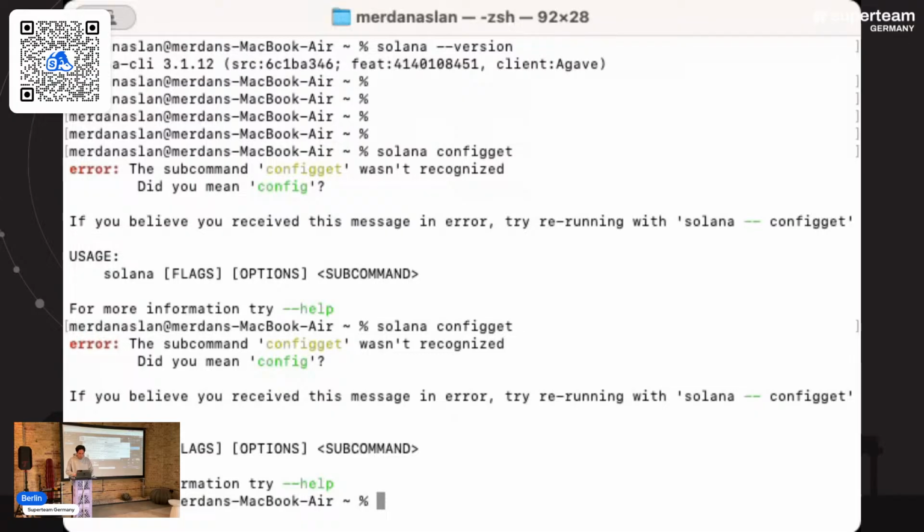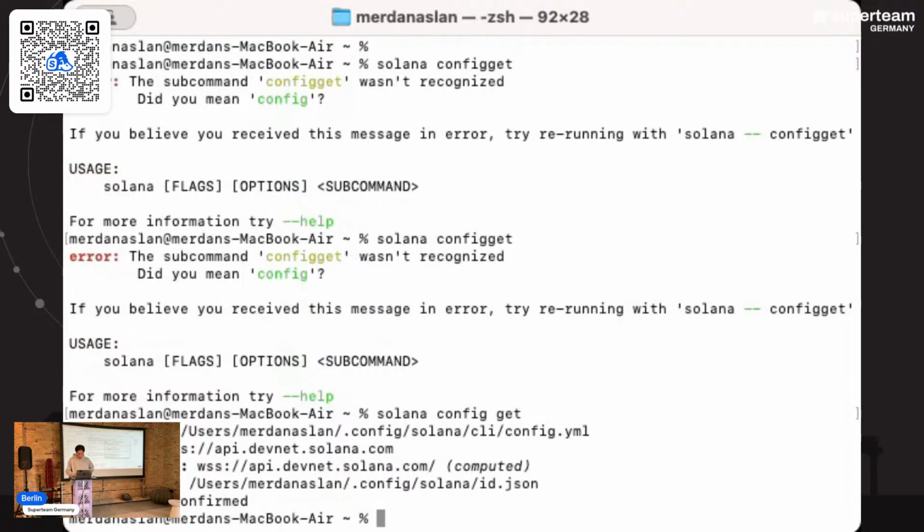If you run it, you'll see that we are currently on devnet. You definitely want to be on devnet if you want to follow. This is where we develop things and test things before we push them on mainnet